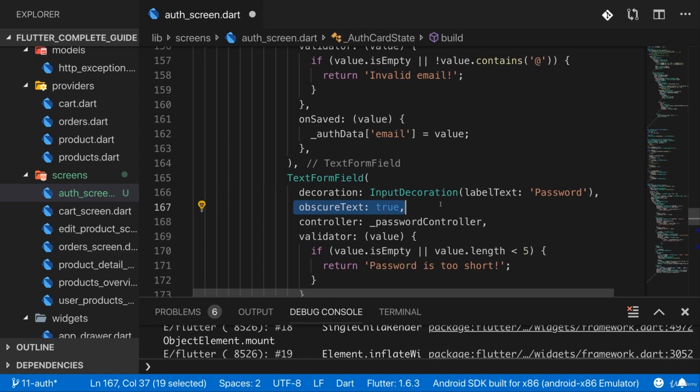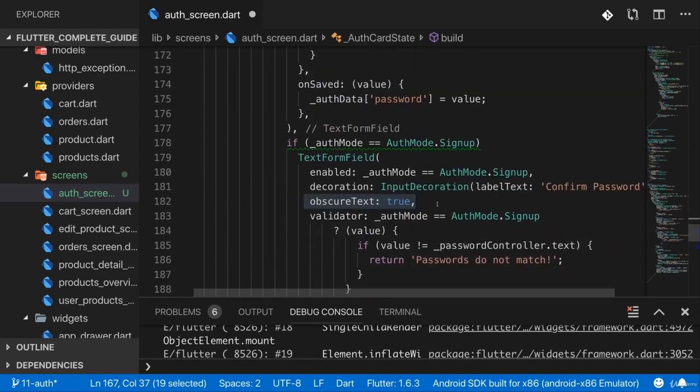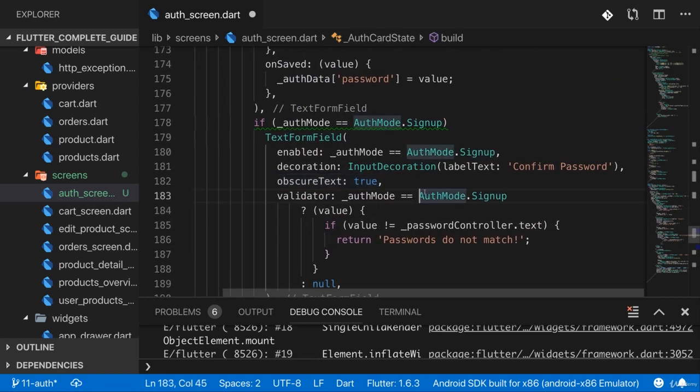That's an important side note. But back to the text editing controller. Here in the validation of the confirm password text form field, I check whether the value entered into this form field is equal to the value entered in the other password field. So that only if these two are equal, this field here is treated as valid.